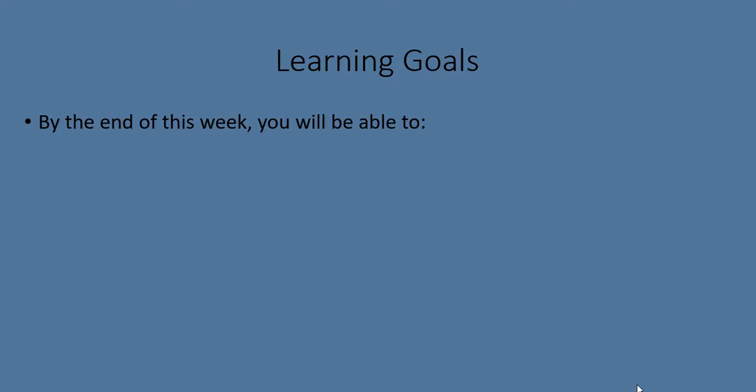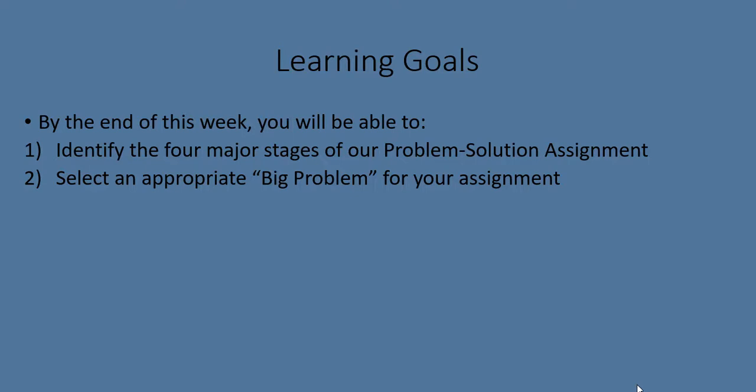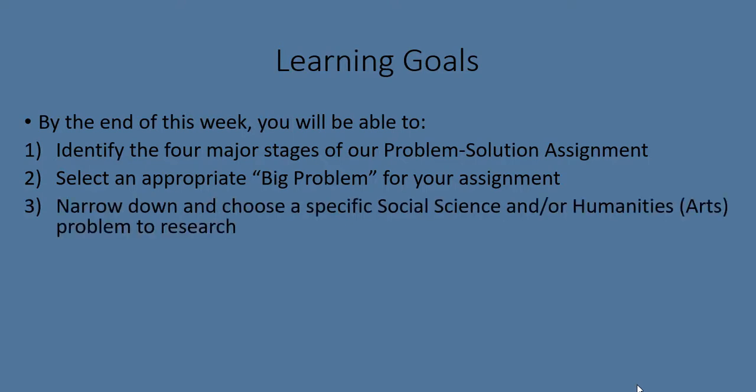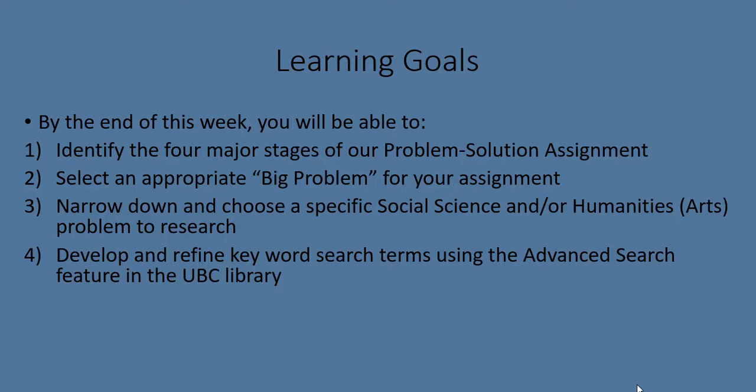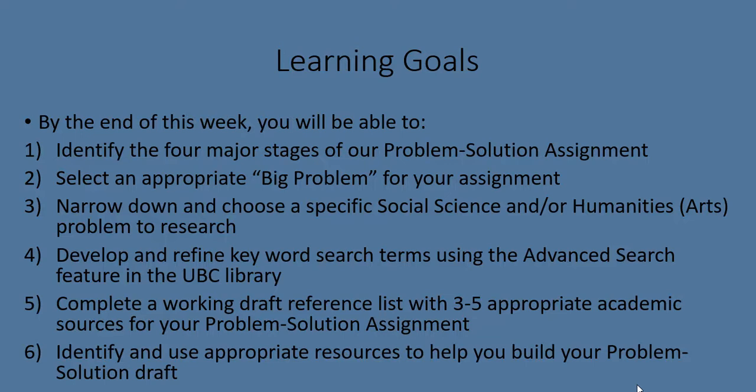For learning goals, by the end of this week, I would like you to be able to identify the 4 main stages of our problem solution assignment, select an appropriate big problem, big topic for your assignment, and then narrow down and choose a specific social science or humanities, so an arts problem to research. Develop and refine keyword search terms using the advanced search feature in the UBC library. Complete a working draft reference list. You'll need about 3 to 5 appropriate academic sources for your problem solution assignment. And the last one is to identify and use good, appropriate academic resources to help you build your problem solution